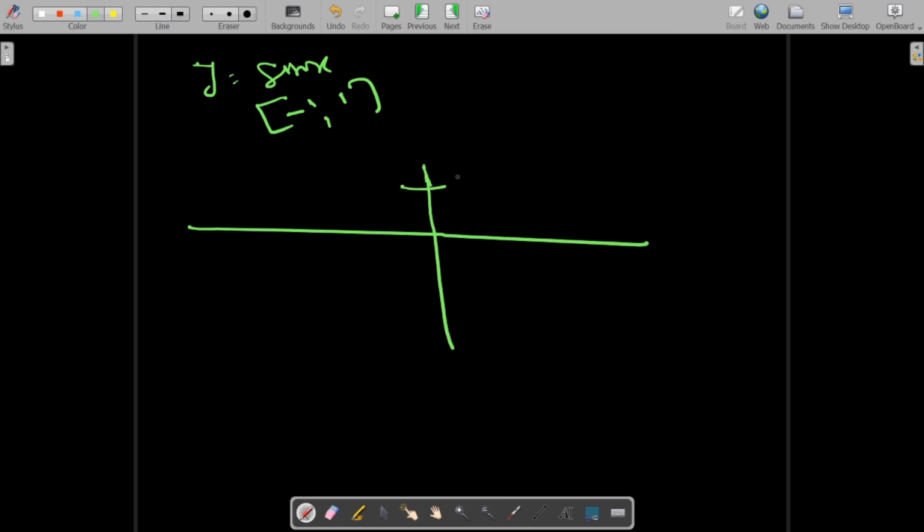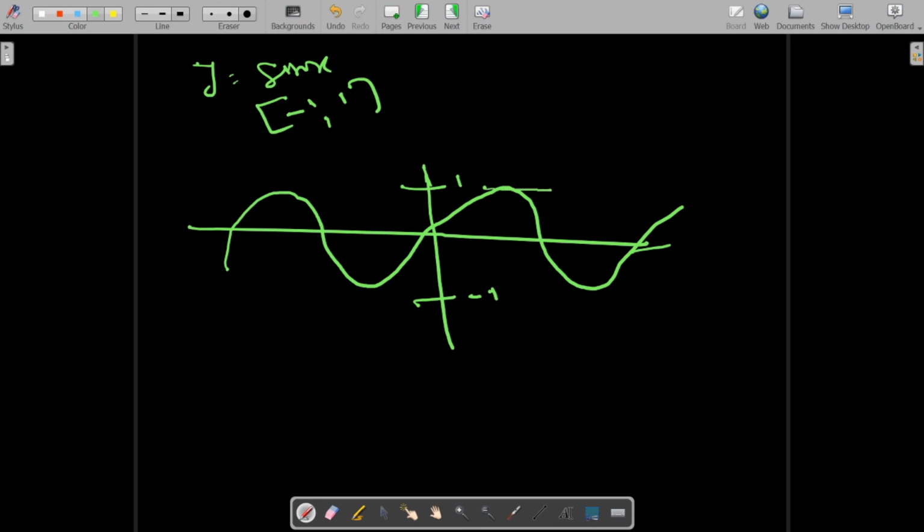This will have 1, this will have minus 1, so it will be like this. Its range never goes beyond plus 1 and minus 1, and it has multiple maxima. These are maximum points,